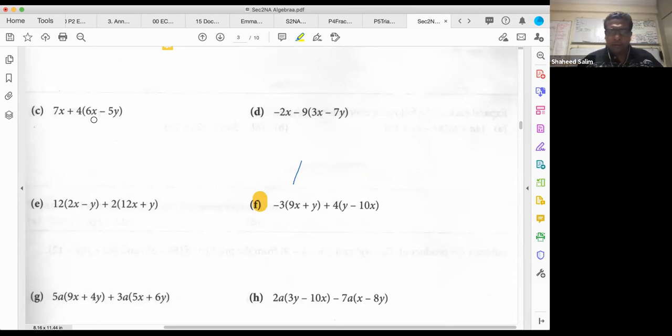Okay, Ryan, I'm checking your answer. So Ryan, you have now minus 27x and minus 40x. Well done. Can you combine them? It's supposed to be minus 3y, because minus 3 times plus y, minus times plus equals minus. Yes, must combine. Remember I told you, it's like you put all the slippers together, all the shoes together, all the x's together, all the y's together. This is what it means when they tell you to simplify or factorize,